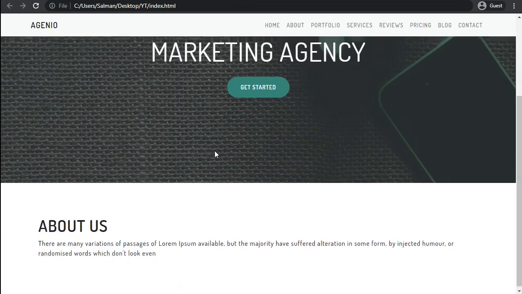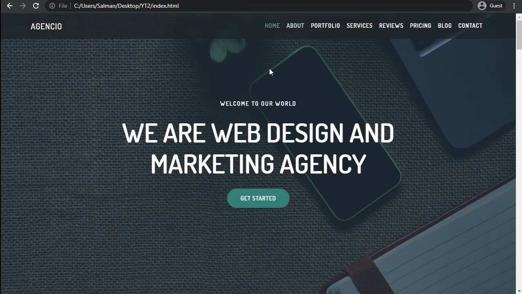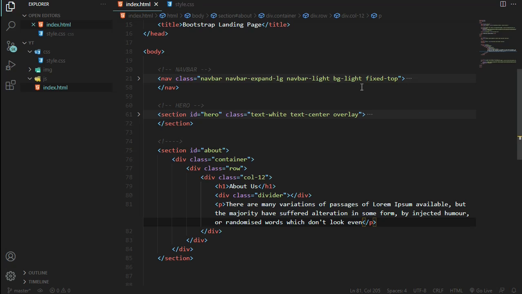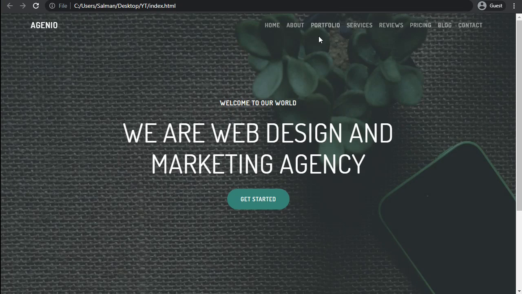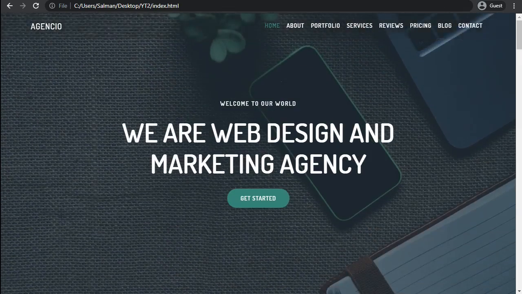Okay, so now I want the navigation bar to be transparent at the top, and when I scroll down it should be dark, just like this one. Okay, so for that, what I'm going to do, I'm going to remove the background color. Okay, and I'm going to change the navigation bar to dark. So these are the Bootstrap classes. Okay,